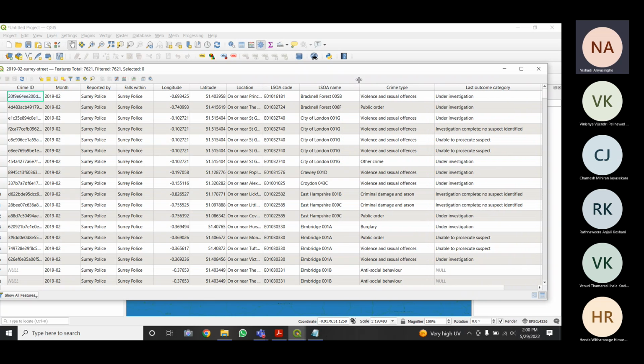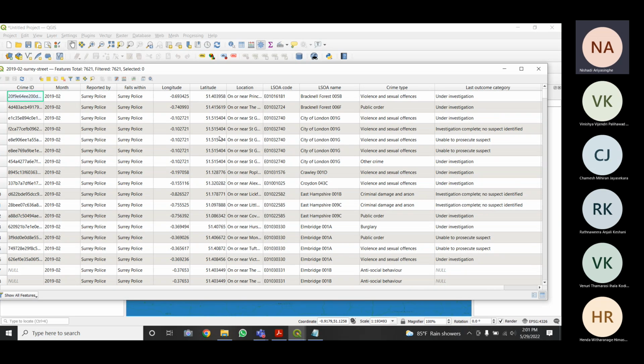So, for example, the code of the area where this crime has happened, maybe the location, the police, right? So let's say somebody asks you to do some analysis regarding the crime type, which kind of criminal activities or which crime types have happened more often.